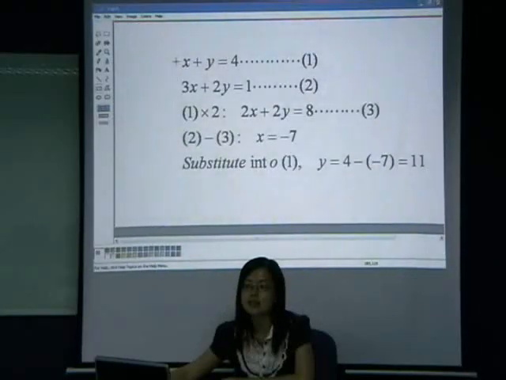Example: let's label the first equation as number 1 and the second equation as number 2. So taking